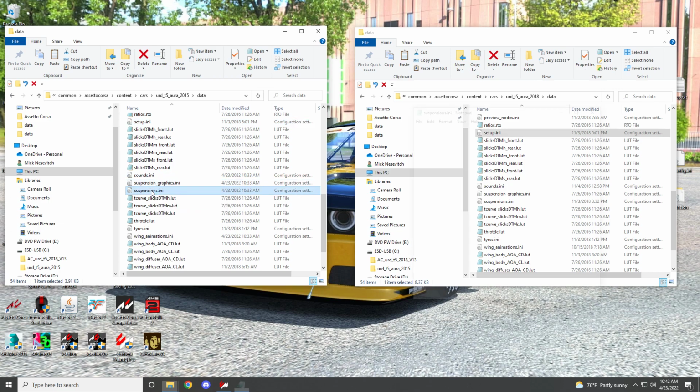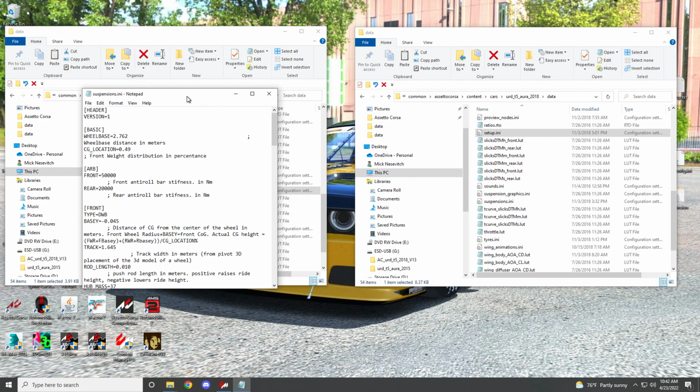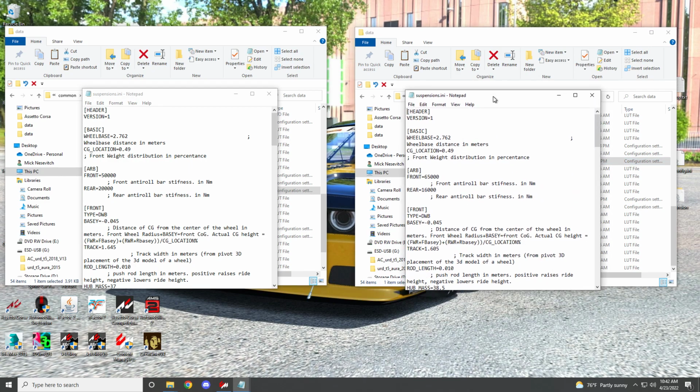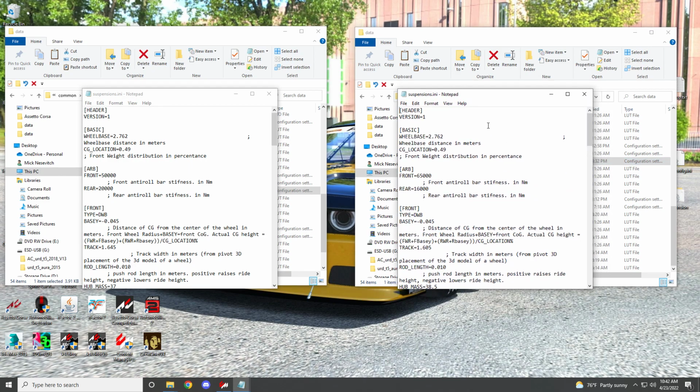Sounds. Suspensions. This is important. You don't want to just copy. I mean, since these cars are basically identical, you could just copy the whole thing, but right here, if you're doing two cars, you could put F1 physics onto this car if you felt like it. But when you get to the suspension INI,